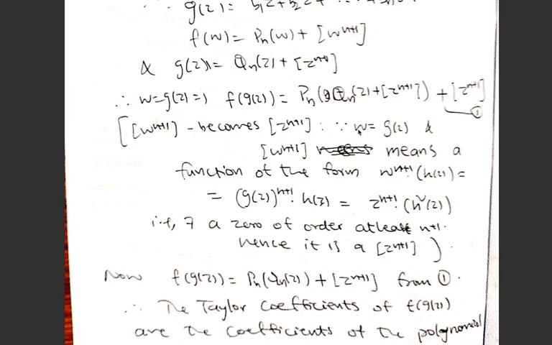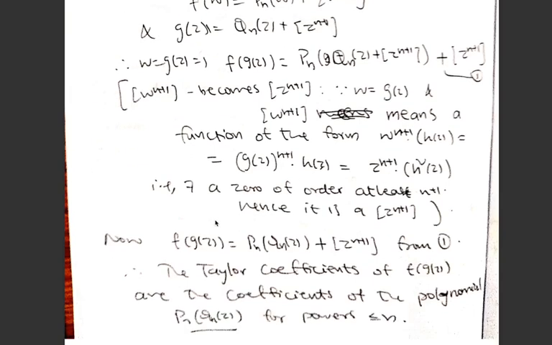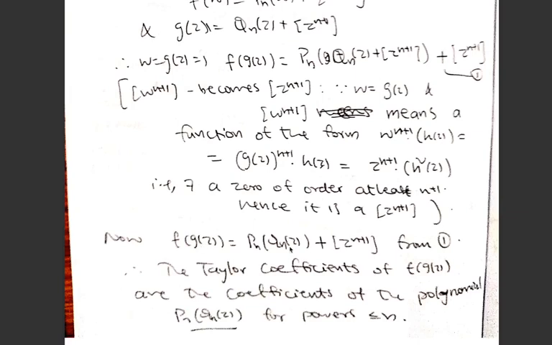What is w equal to G(z)? So w^(n+1) means a function of the form w^(n+1) times h of w. So you put here G(z). So it is G(z)^(n+1) times some h of G(z). But you know that G(z) has z as a common factor. So this will give you a z^(n+1). So it will be z^(n+1) into something. So it's a function with a zero of order at least n+1. That is something which we use. So if you take the composition, you need to take the composition of the polynomials only.